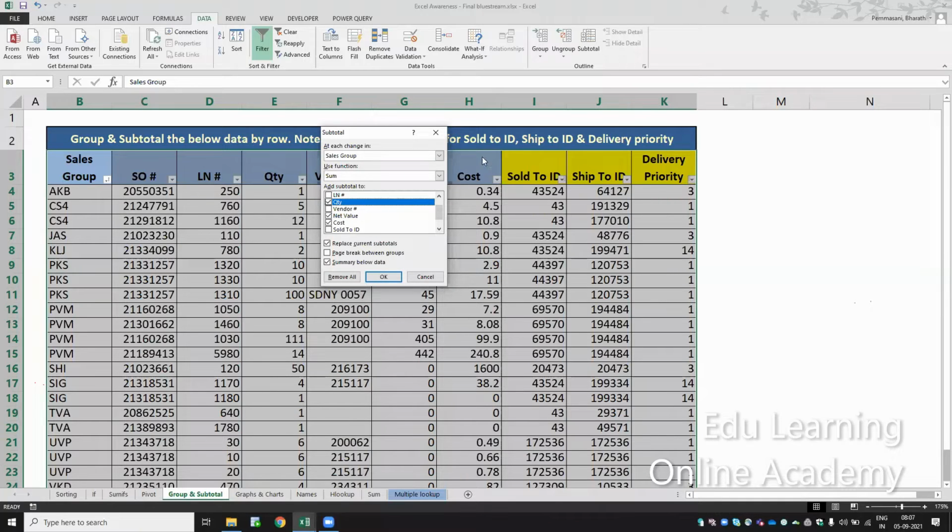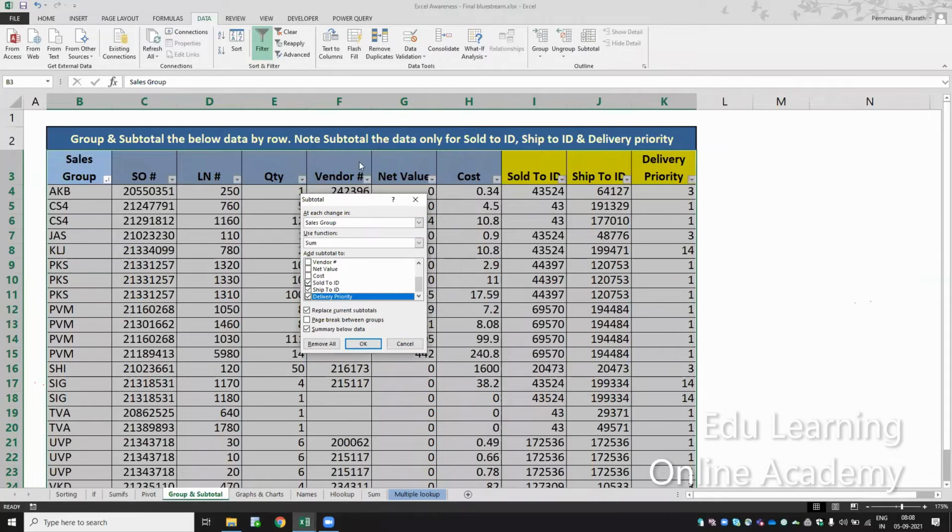But they have asked for sold to ID, ship to ID, and delivery priority. So what I'll do, I'll select just sold to ID, ship to ID, and delivery priority. So instead of sum, I have to make it as count. So how many orders we have delivered to this one?